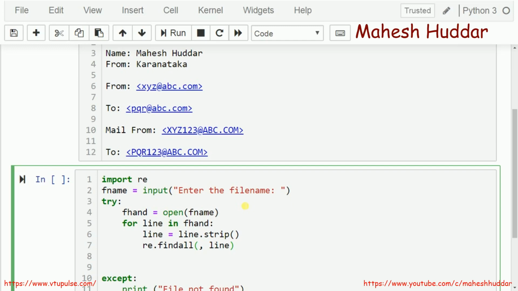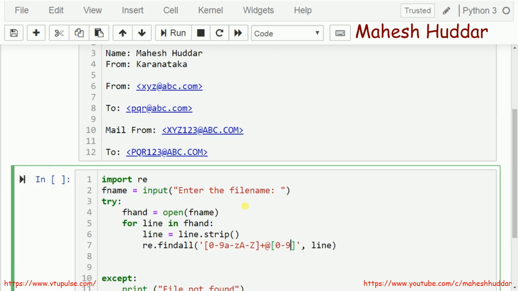The regular expression should be something like this. The email ID will be alphanumeric characters followed by the at symbol, followed by alphanumeric characters, followed by a dot, followed by alphanumeric characters. So what I am supposed to do here is write 0 to 9, then a to z, and capital A to Z. So these are the alphanumeric characters. How many alphanumeric characters may be present? We don't know, so we just put a plus here. It means that one or more alphanumeric characters should be present. After that we are expecting the at symbol. After that again alphanumeric characters.